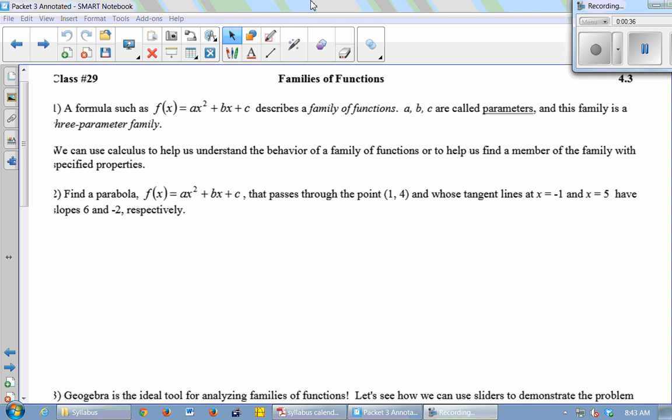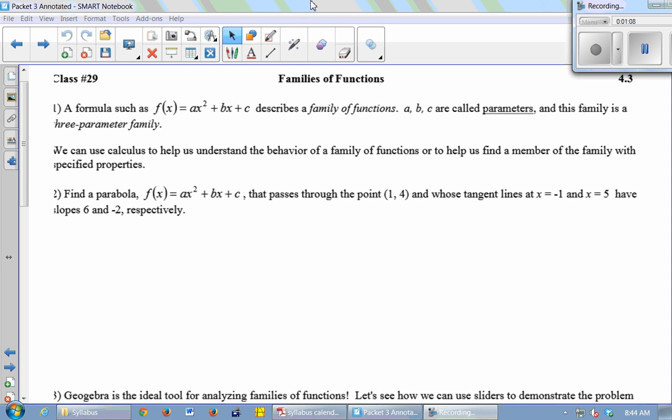We can use calculus to help us understand the behavior of a whole family of functions, or to help us find a member of the family that has specified properties. So we know that this is the graph of a parabola, ax squared plus bx plus c. We want to find the parabola that passes through the point (1, 4), whose tangent lines at x equals -1 and x equals 5 have slopes 6 and -2, respectively. All right, so